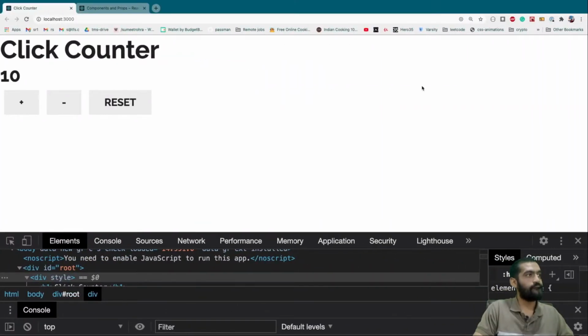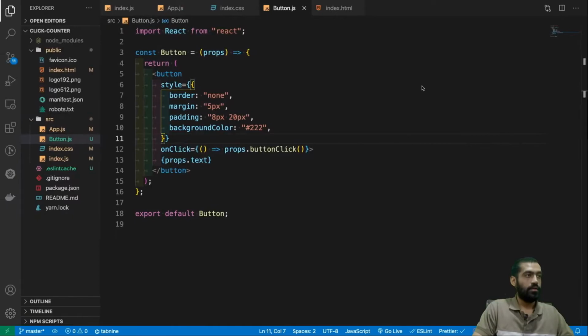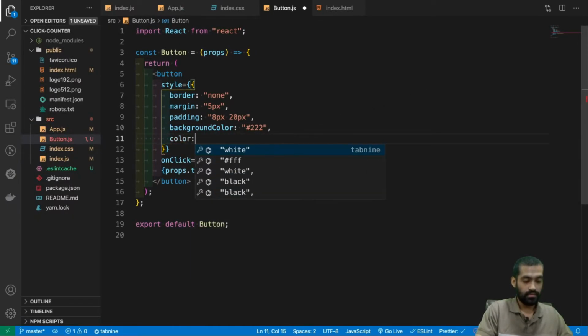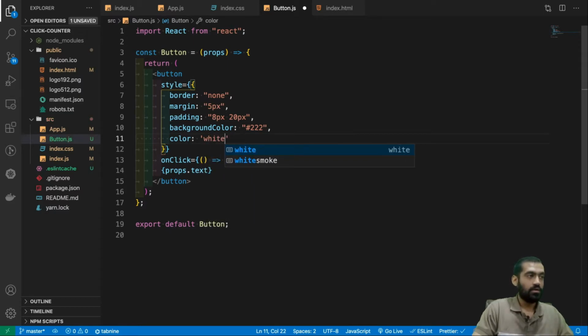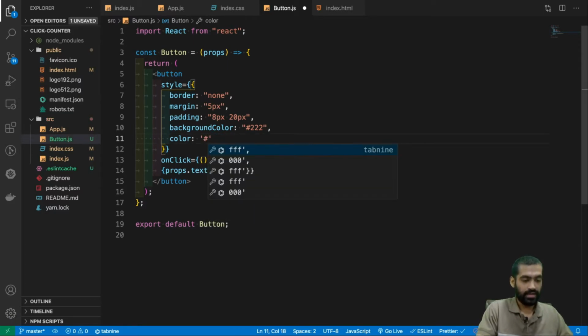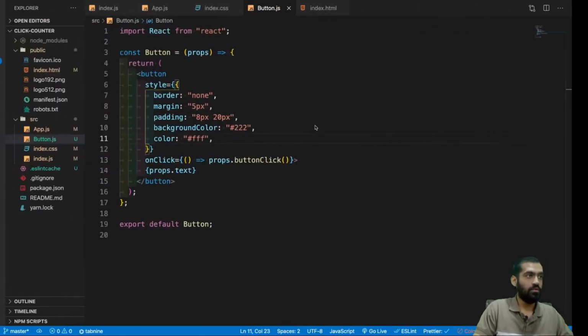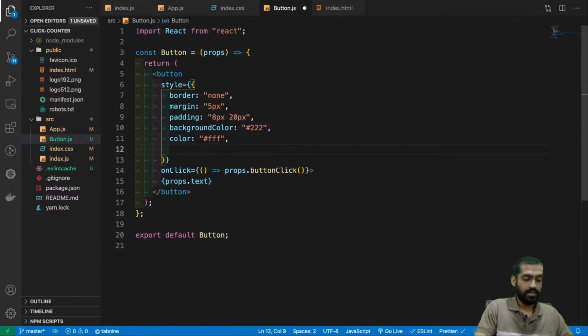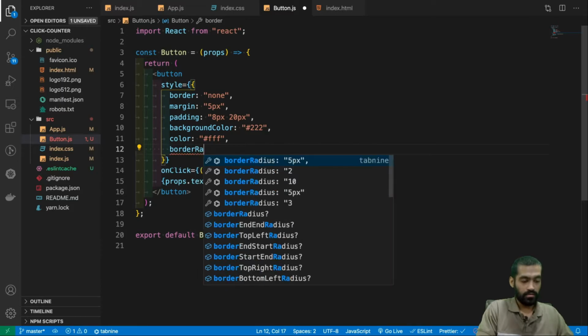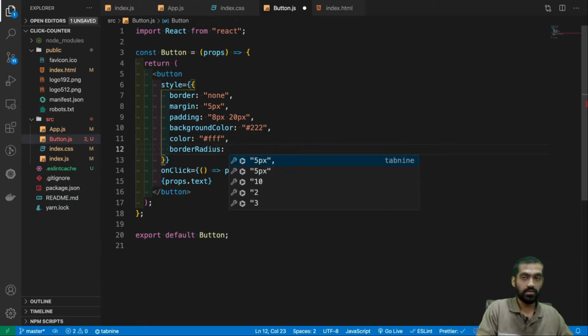Let's see. And then let's do a color of white, or we can write hash f. Cool. Let's give it a border radius of 10 pixels, shall we?